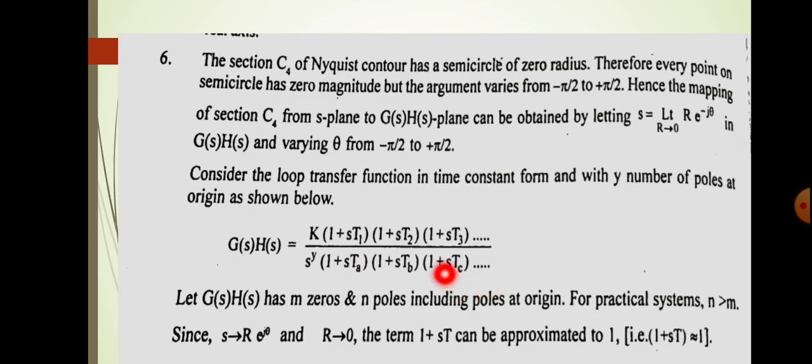And here it is a small semicircle, and so we are assuming that its radius is tending to 0. When the radius is tending to 0, that means s tends to 0, right? So 1 plus st tends to 1. Since st tends to 0, 1 plus st will give a value 1. So we will get the function g of s into h of s as k into 1 by s raised to y. So in this equation we are substituting the limit s